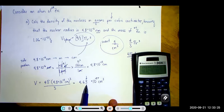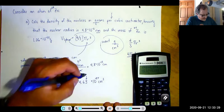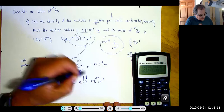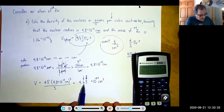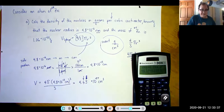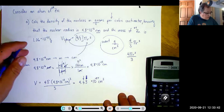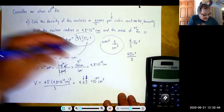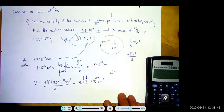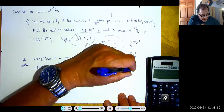It's a sig fig, I'm not rounding yet. So actually I should put the arrow there because this is 2 sig figs. So I'm going to put my arrow to the 6 and I'm going to keep the 3. Fair enough? Okay. And so now we have the density is 1.06 times 10 to the minus 22 grams